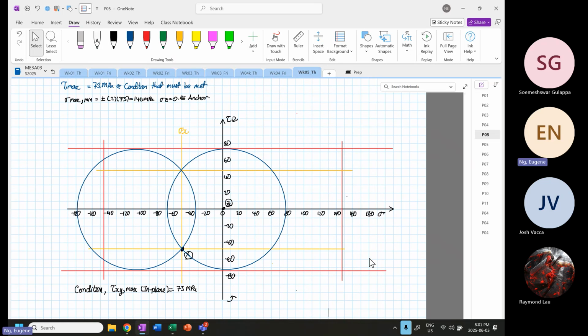Okay, so I'm going to show you the one that is going to be wrong, and I will tell you why this is wrong. The condition that we are focusing on is where the maximum shear is 73. So this circle that I've drawn